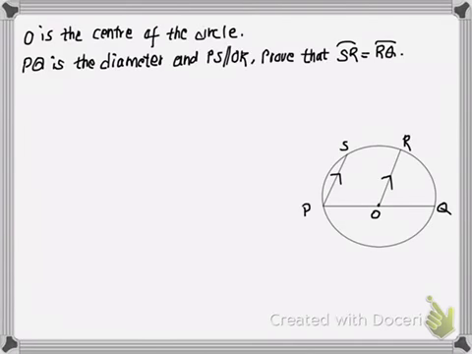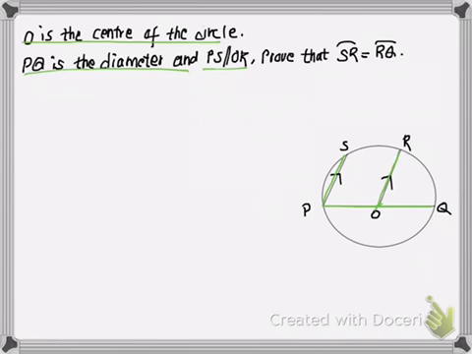Hello, let us look at another question based on circle. Here we are given that O is the center of the circle, point O, and PQ is the diameter, so PQ is the chord that passes through the center O, so it is the longest chord, so it must be the diameter, and this chord PS is parallel to chord